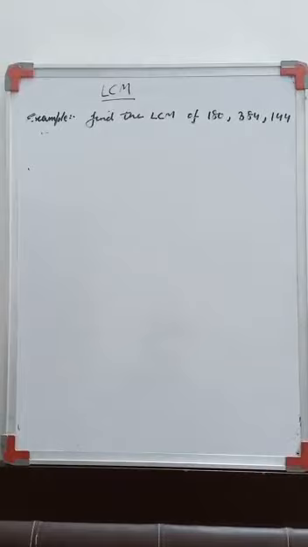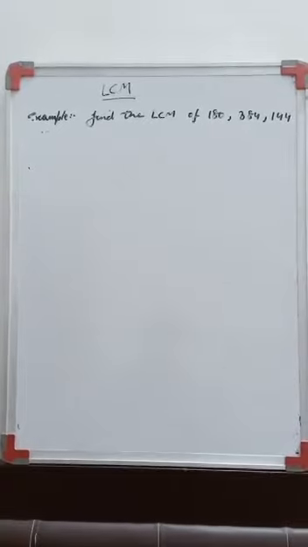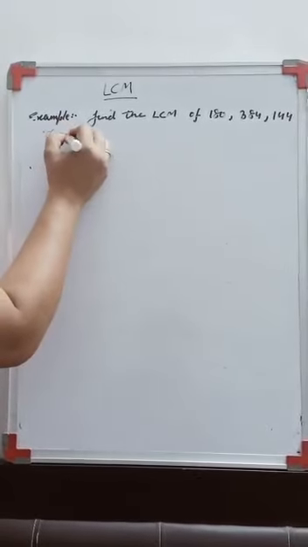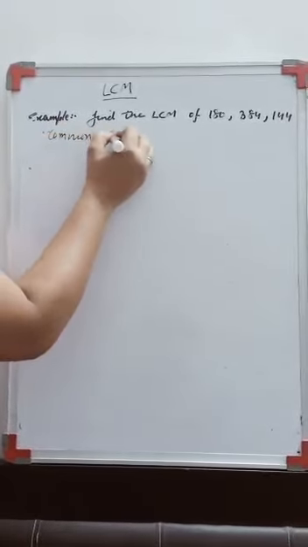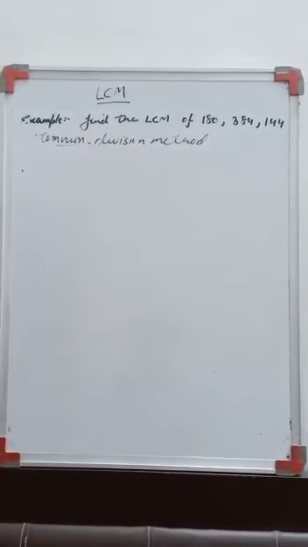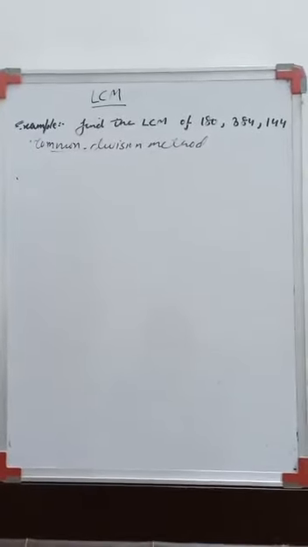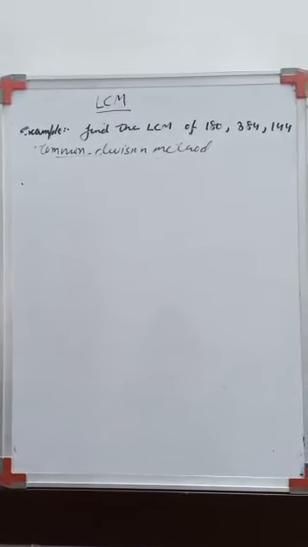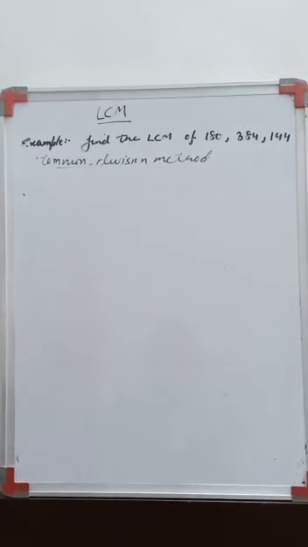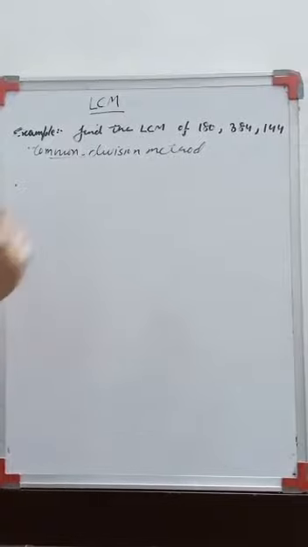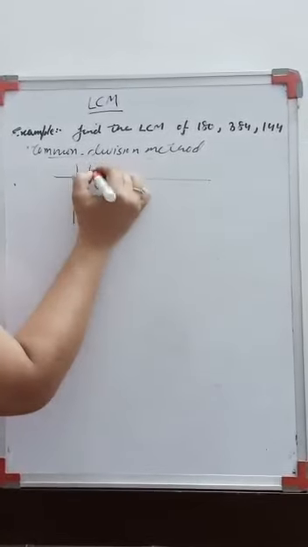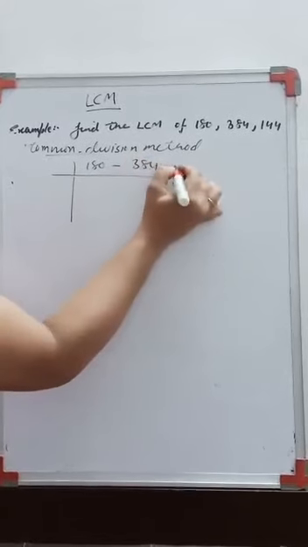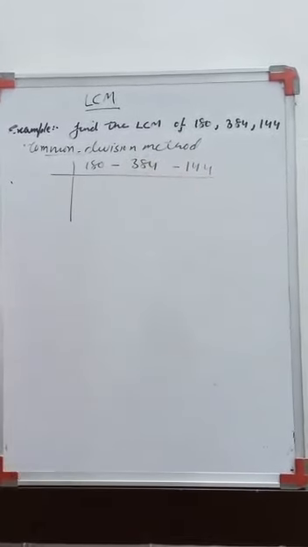So next I am telling you the next method to calculate the LCM. That is your common division method. We have done the prime factorization, and next one is the common division method. In the common division method, we will take all the 3 numbers at a time. Either you are calculating the LCM for 5 numbers or 6 numbers, all the numbers are taken at once. So in common division method, 180, 384, 144. You can put commas over there.